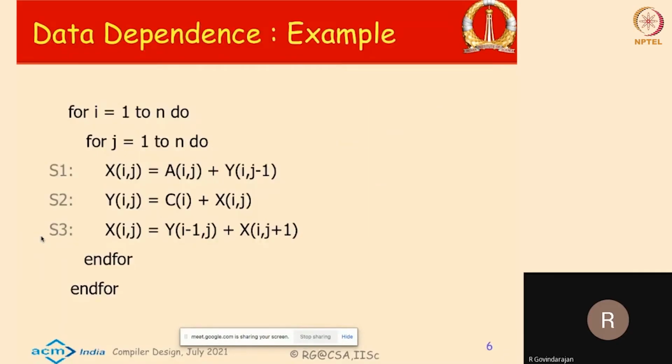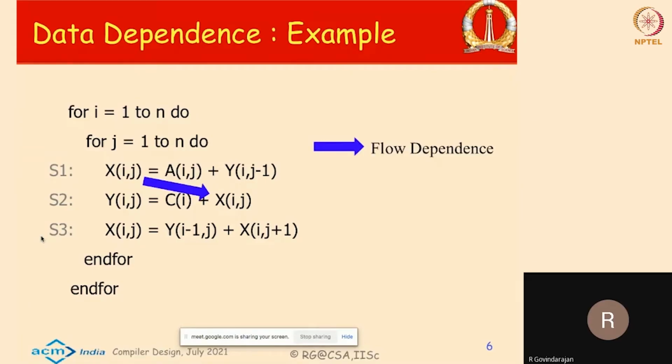So here is an example that we will talk about. I have a nested loop here, and you can see that statement S1 writes to the array element x of ij, and similarly statement S2 writes to y of ij, and statement S3 again writes to x of ij. You can see that there is a dependence from statement S1 to S2,